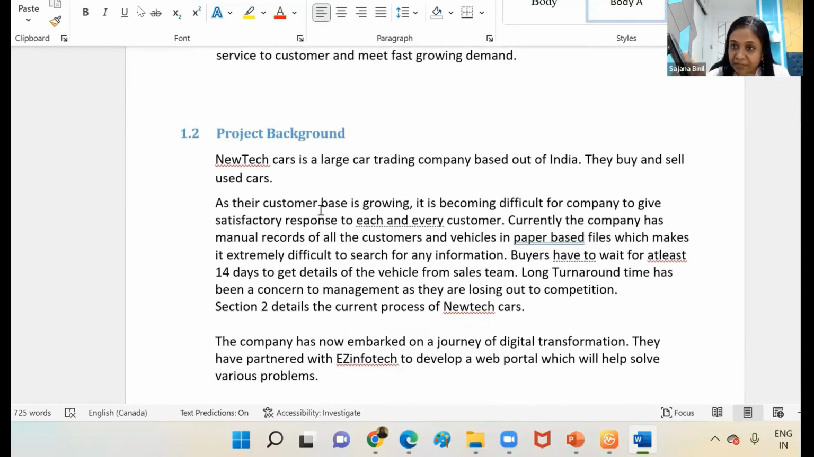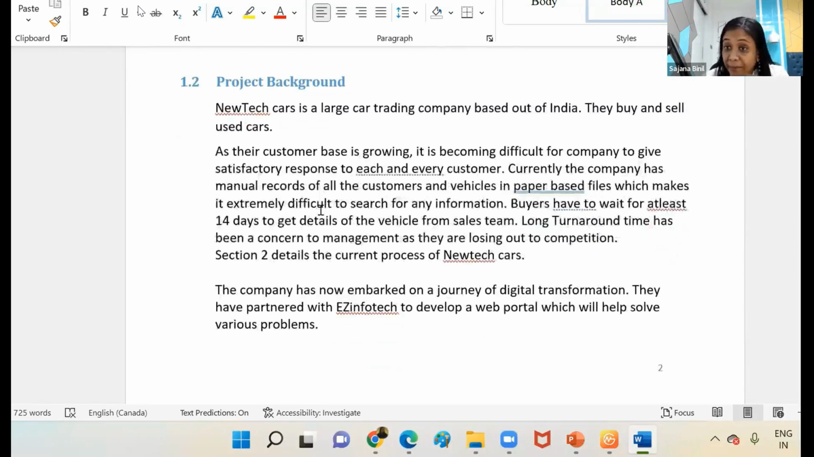So this is the main business of the customer, buying and selling of used cars. Now, as they are growing, as the company is growing, it's becoming difficult for the company to give a satisfactory response to each and every customer. Why? Why is that happening? Because the current process of the entire company is completely manual. They have not done any automation. They are not using any applications, due to which customers, suppose you as a buyer,